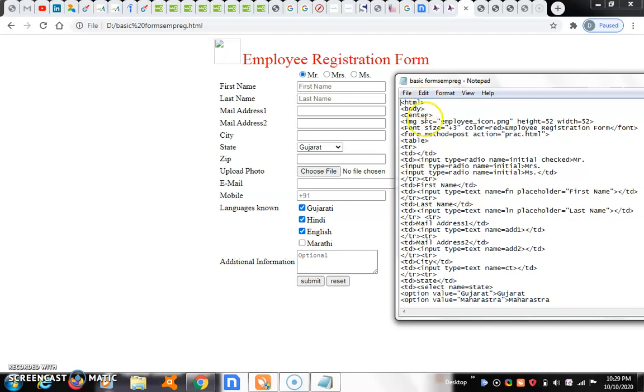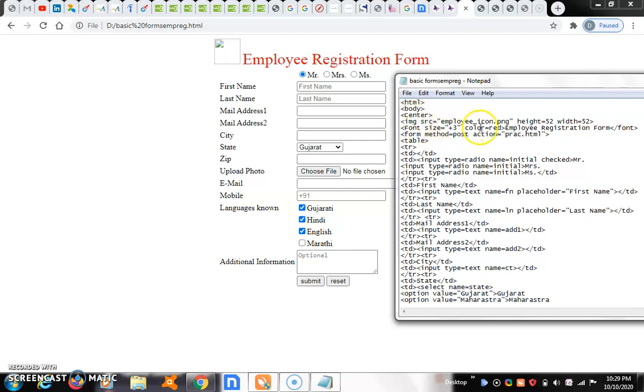Every HTML program starts with HTML and body. Within the body only, some text will come. That body also has center alignment. Then here the IMG SRC, image source attribute.